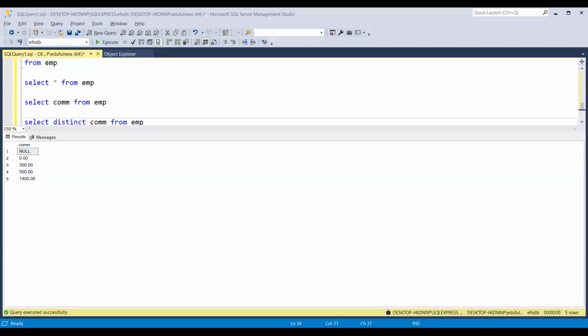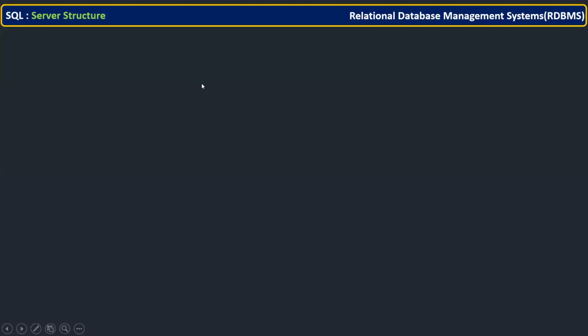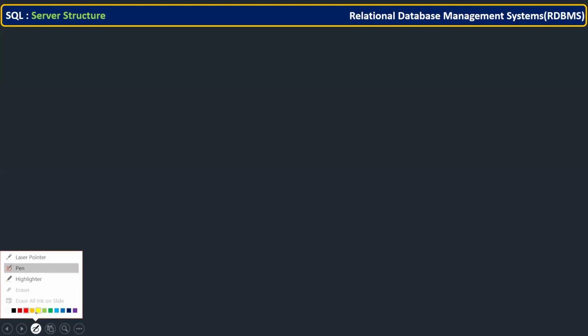Where clause and group by, all these things will take one class actually, so I don't want to discuss them now. We are going to see the Azure account related things, which are very, very important.